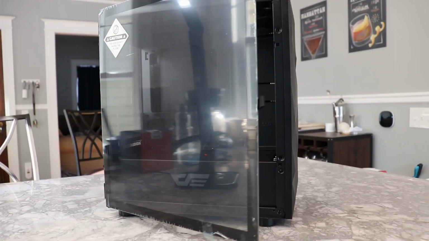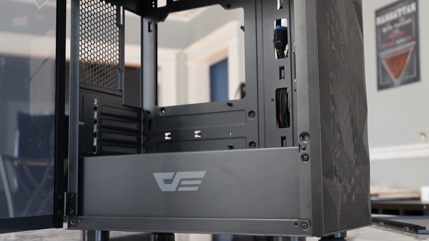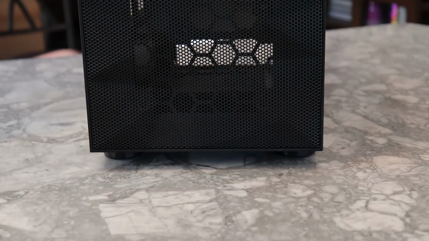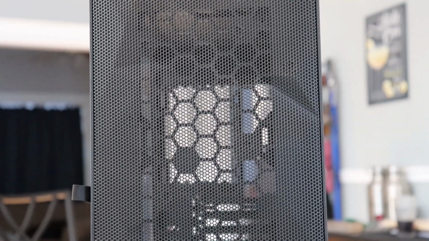I mean, right up front, first thing you get out of the box, you notice that tempered glass side panel, and it swings open. It's a magnetic close, swings open on hinges, and then it can be lifted right off. I opted for the case with the mesh front panel to really optimize that airflow, and because we also went